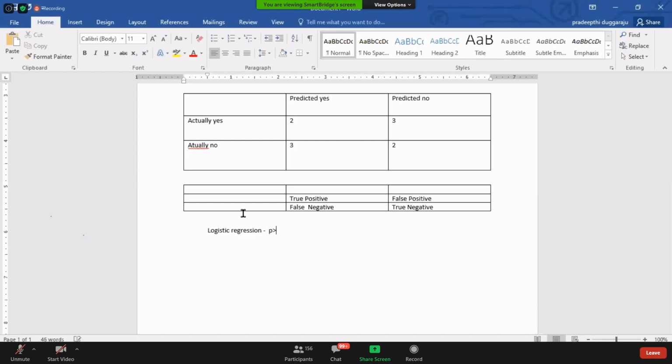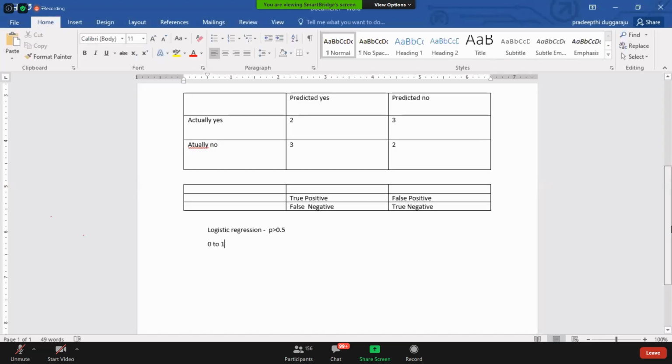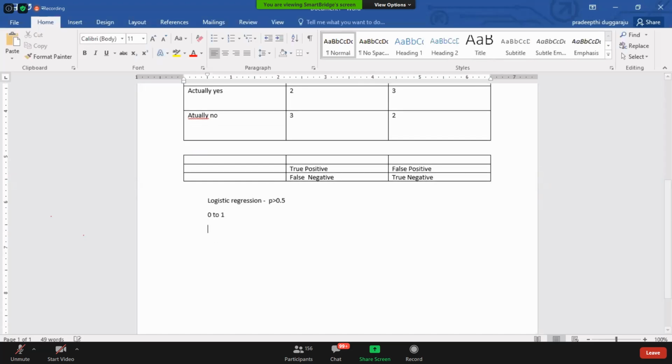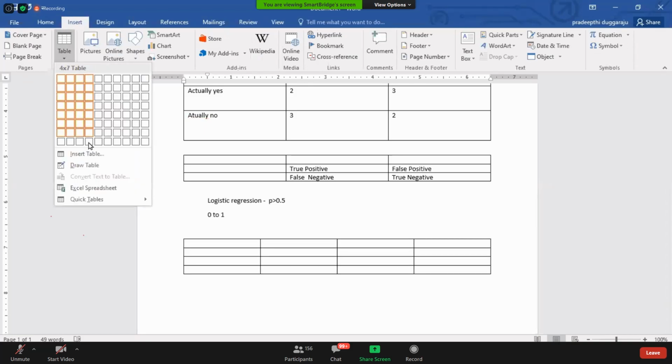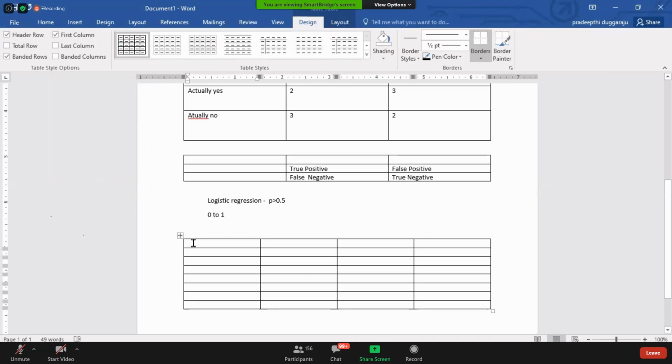Probability is greater than 0.5, yes or no? Whenever you apply the sigmoid function, the value ranges between 0 and 1. Am I right? Whenever you apply a sigmoid function, the value ranges from 0 to 1. Yes or no? Yes. So let's suppose this is